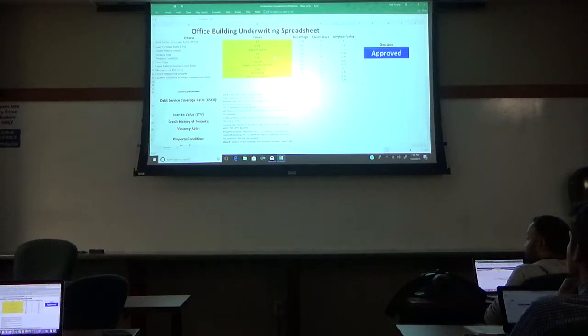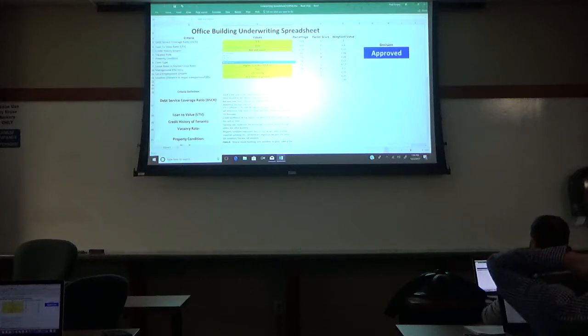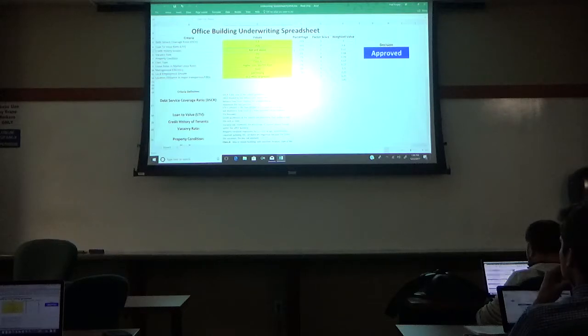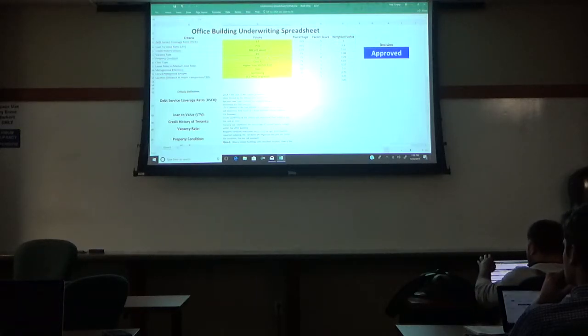And just to go over a little bit of the criteria, credit history of tenants, we just use the standard FICO score for excellent, very good, good, poor, and that would determine the factor score. For vacancy rate, obviously, percentage of unused property, that's an input. Property condition, building was brand new. Some of these overlap a little bit too, because obviously class type kind of goes a little bit with property condition. Lease rates versus market lease rates,